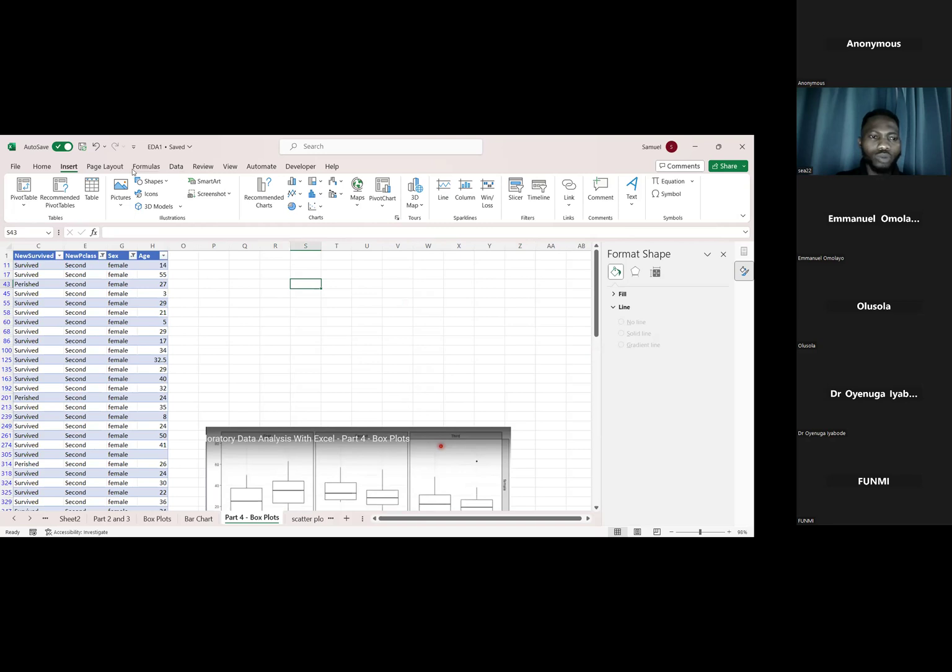What do I do? Remember that box plot helps us in looking at numerical data against categorical data, right? So take note of that. When you want to get more information about numeric data compared to categorical data, box plot becomes important. You could use box plot for doing that. So how do you go about that? You simply come to insert,